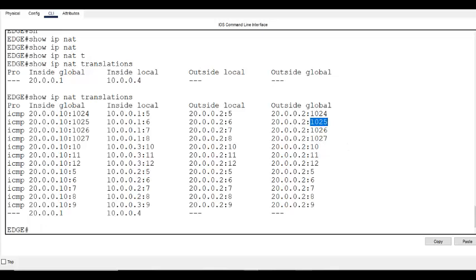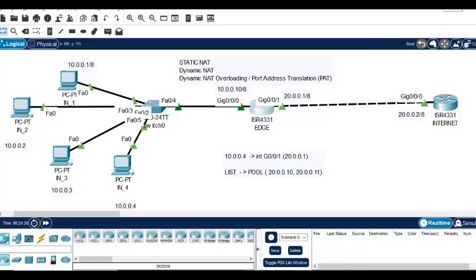This is what you see in the real world. You will see static NAT and you will see dynamic NAT overloading. Because with dynamic NAT overloading, you can overload one address with 65,000 inside computers. Only 20.0.0.10 can be used for 65,000 because that is the maximum port number we have. I want you to do